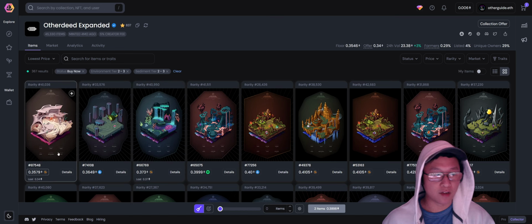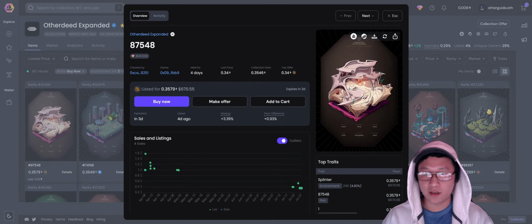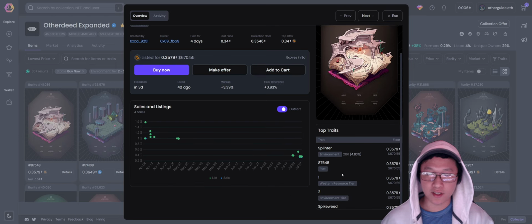So we can kind of see if we click on the first one. If we look at the first one, it only has one resource. You may not be able to see that, but at the very least, this is the cheapest land in the collection. I'm not saying you should get the cheapest land because, you know, you get what you pay for. So if we take a look at the top traits, we can kind of see, okay,